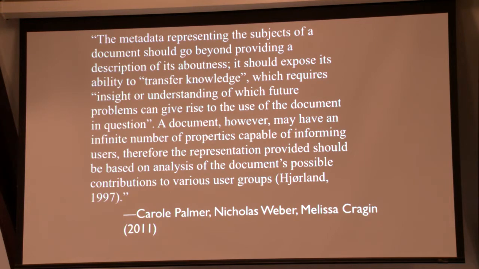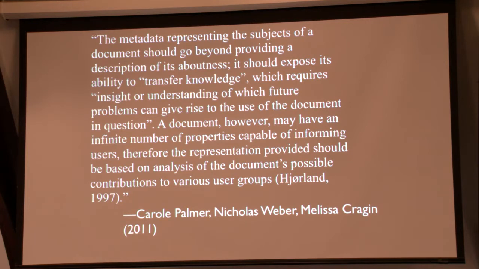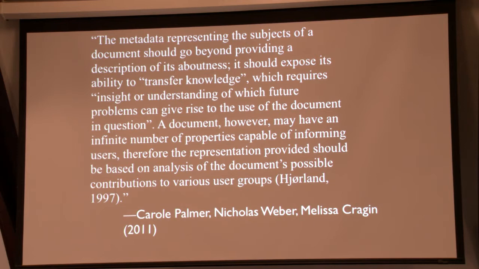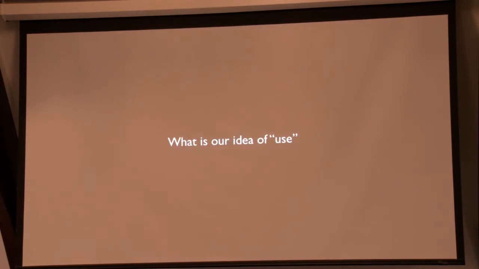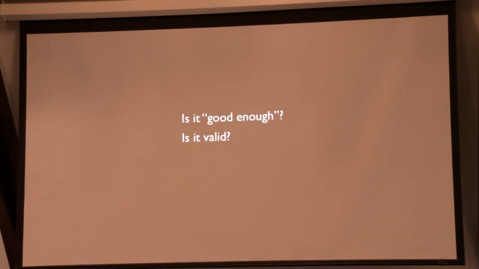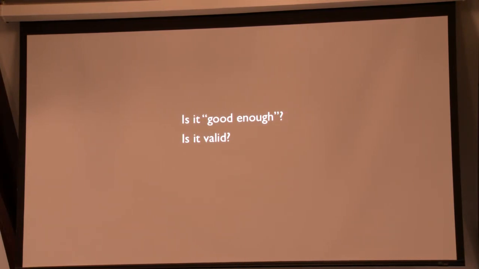And I think the interesting thing here is this idea of transfer of knowledge and where that happens, and where in the process of building up a model we begin to transfer knowledge, and how we think about the different ways of making that happen through the act of modeling. And I think this ties in very closely with the conversations that we've been having about validation. How do we know when it's good enough? And is that the same question as how do we know when it's valid?